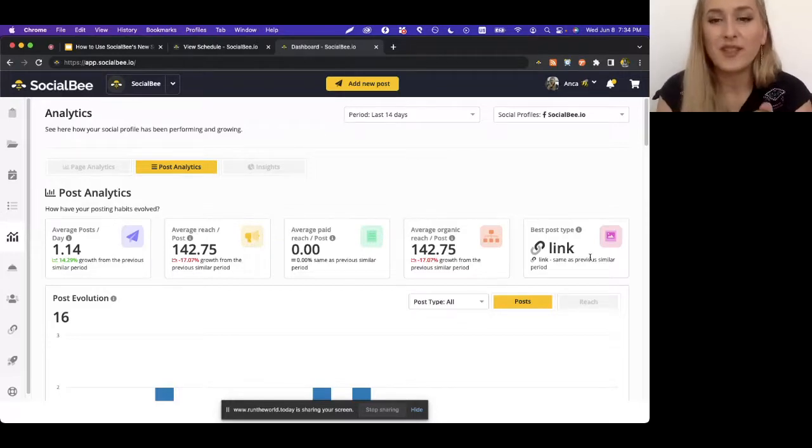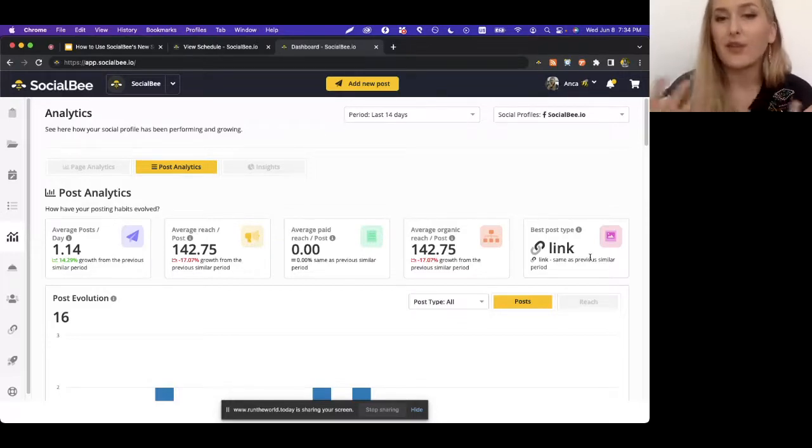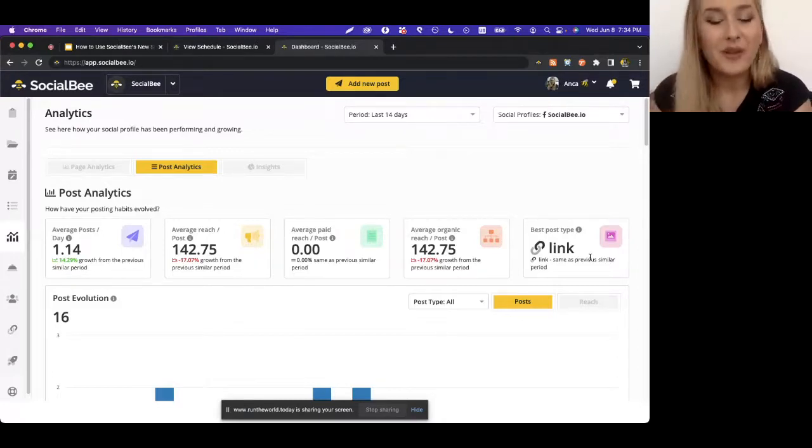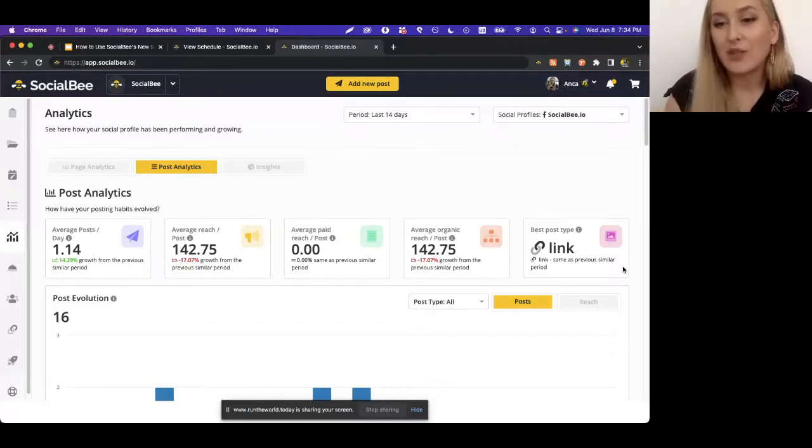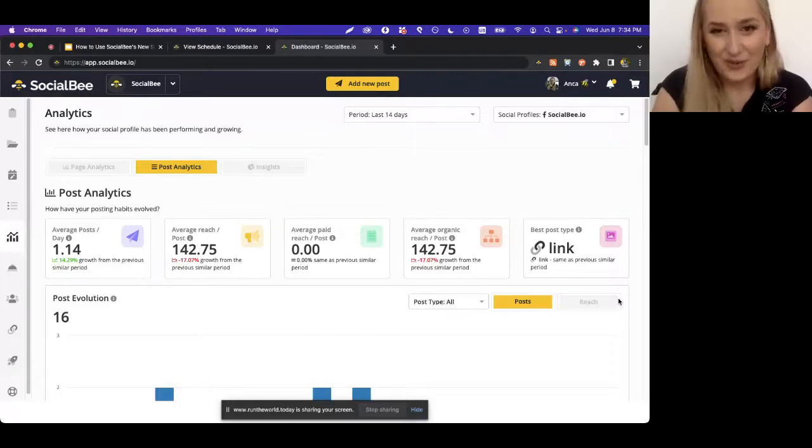Instagram, for instance, just announced that they're going more video centric, and so image posts will not perform as well as a reel, as a video. So you might need to look into what each type of post performs so that you get a better understanding of the types of content that you need to share with your audience. And so